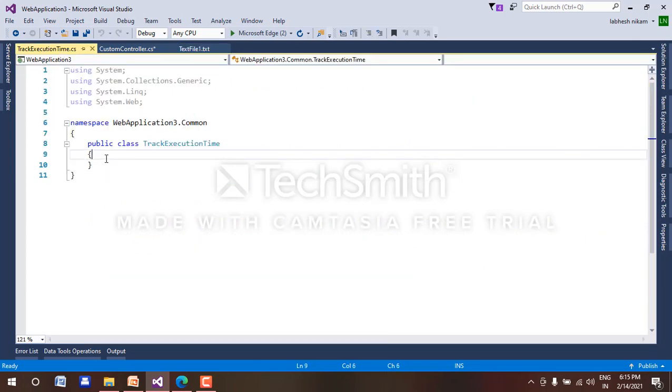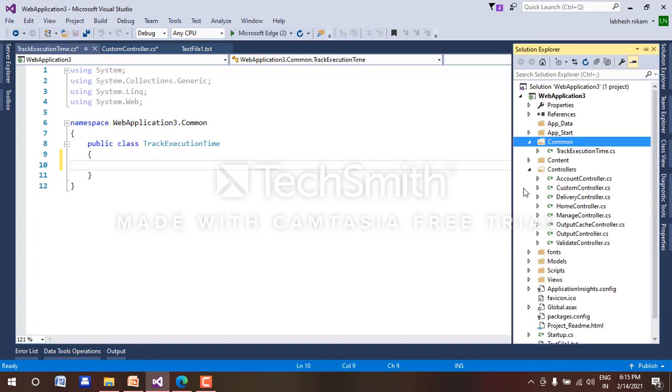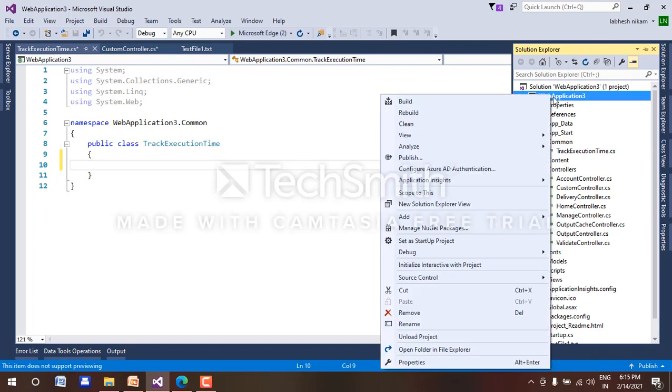In this class now we will write the logic for the creation of the log file. Before that we have to create one folder again, where the log error text file will be generated.